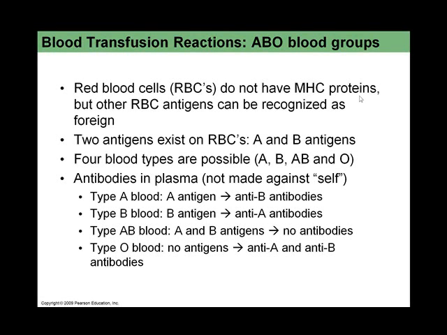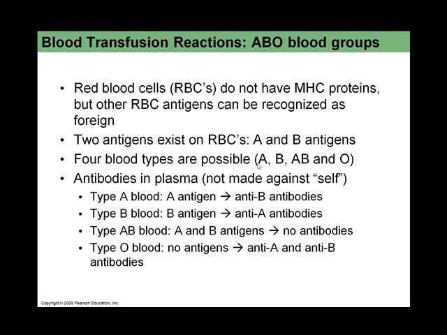So even though they don't have the MHC proteins expressed on their surface, they have other proteins, glycoproteins, and these have been categorized as either A or B. So there are two genes for these, and they produce proteins that act as antigens to recognize as self as far as red blood cells are concerned. And so there's 4 blood types that are possible. These are dominant, each of these is a dominant allele. So if you have an A and the other, which doesn't produce any protein, the O,